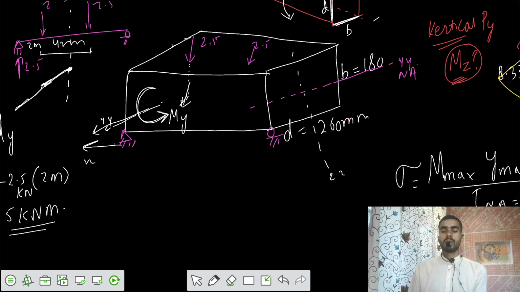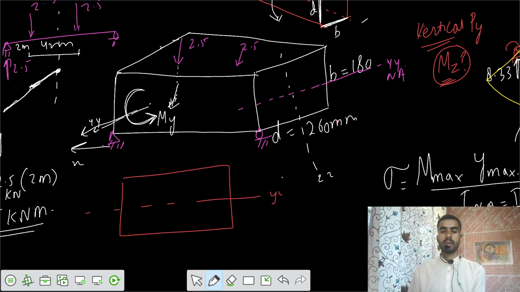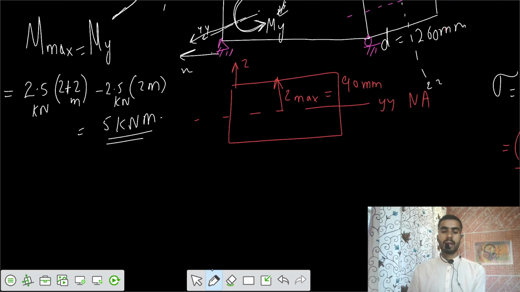And if we talk about that y max, here the y max won't be there. We have that z max. So this is the neutral axis, y, or we can say neutral axis. So there would be z max because this is along the z axis. So z max would be equal to 90 mm, and I neutral axis would be equal to Iy, that equals